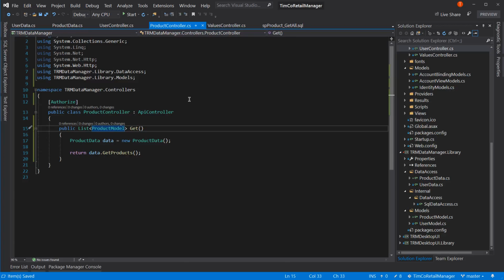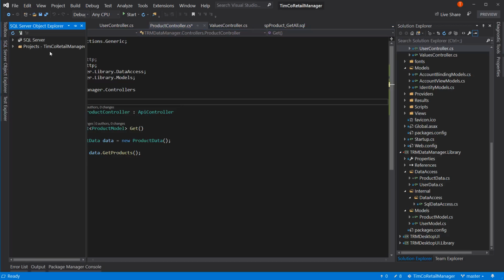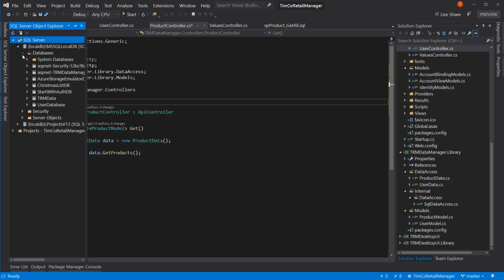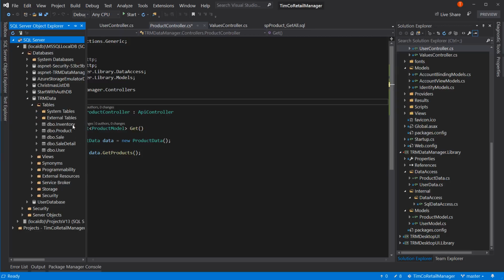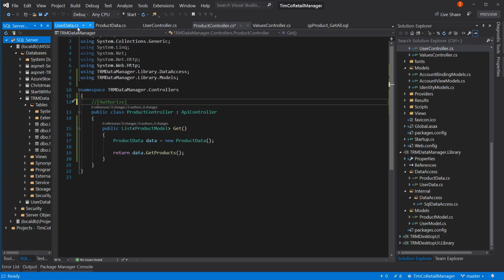So this is where I typically like to test this out, but in order to do that, I have to comment out the authorize method. I also need to add some data to our table. So let's do that. Let's go over to our SQL Server Object Explorer and go look for our database. So I believe our database is the TRM data. And we have our products, and we have our